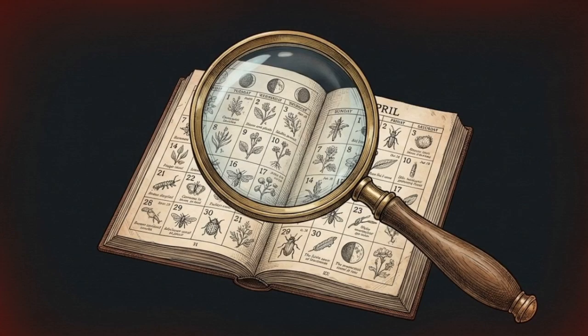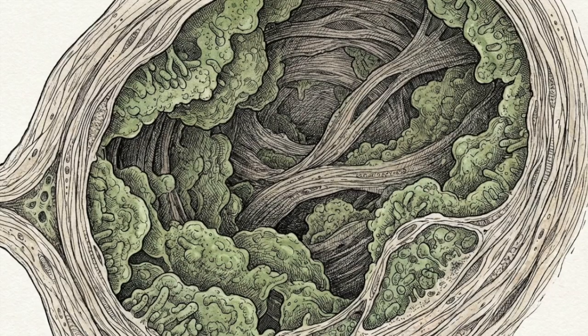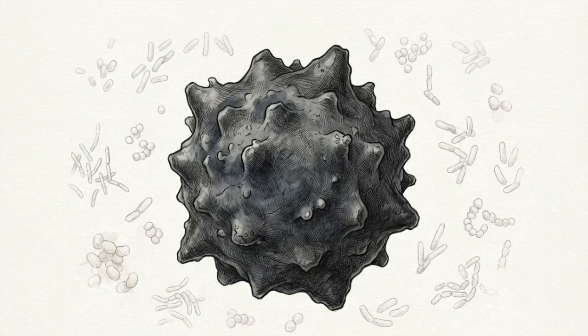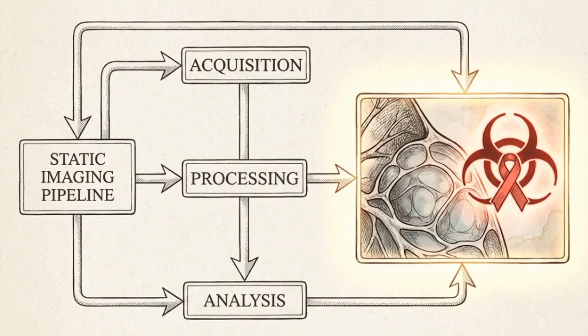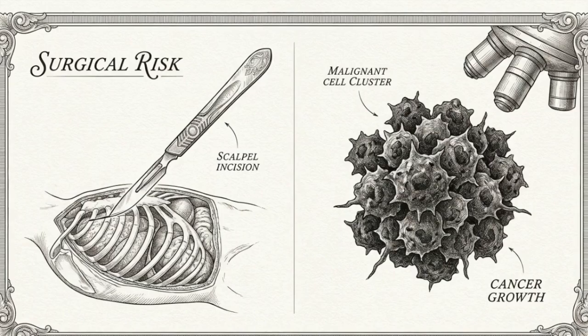Opting for conservative observation carries specific quantifiable risks. The static, unventilated cysts are highly prone to bacterial trapping, leading to severe early childhood infections, alongside the lingering potential for malignant transformation. Elective resection is frequently chosen in older, asymptomatic children to permanently neutralize the risk of pleuropulmonary blastoma. This is especially true if the imaging pipeline confirms a type 4 classification. The surgical calculus requires balancing the immediate operative risks of performing a lobectomy on a neonate against the lifelong compounded